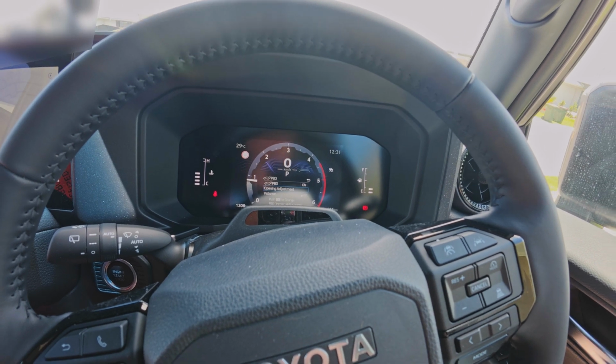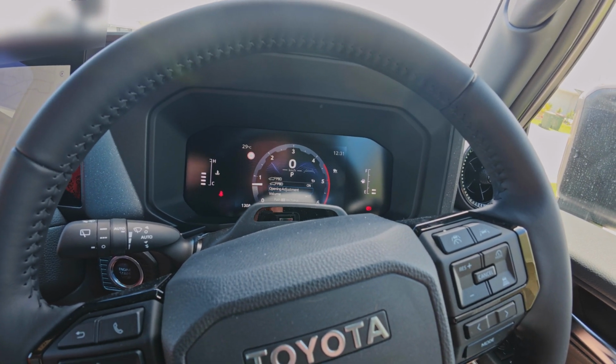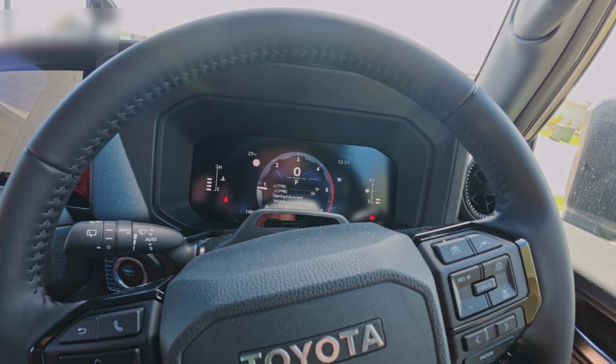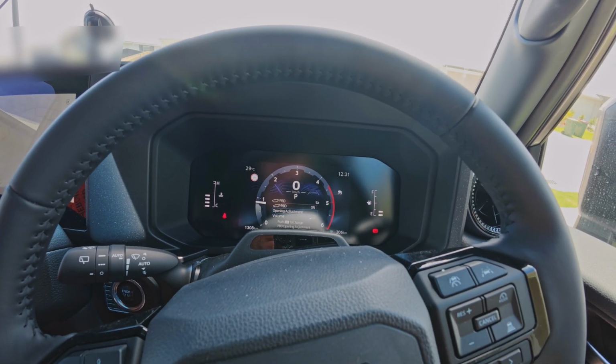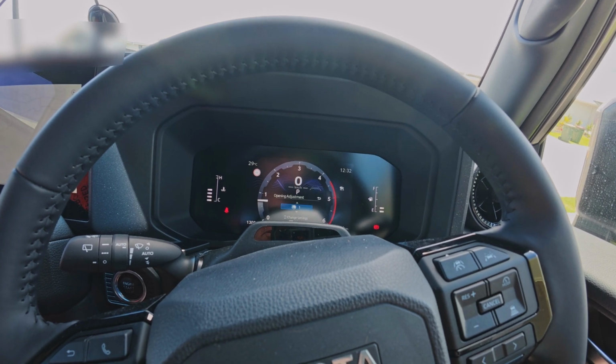Right, so as you can see there's 5 levels, so level 1 will be the least amount the boot will open, and level 5 will be the highest amount it will open. I usually keep it at about 4 because I've had issues in my garage with 5, so it's just personal preference. But there is this pretty cool feature as well that I noticed,